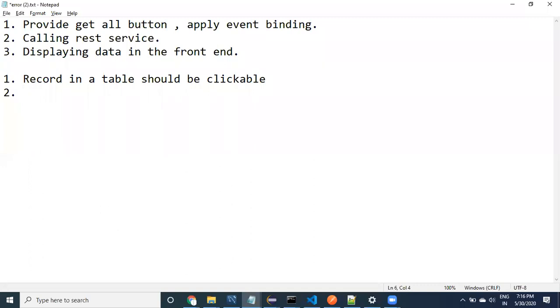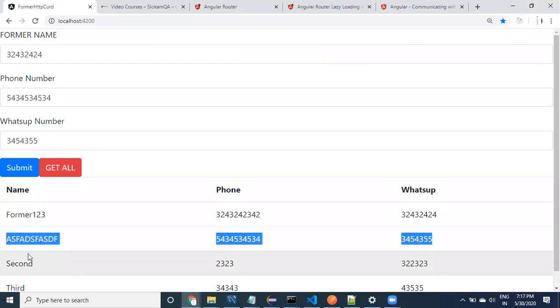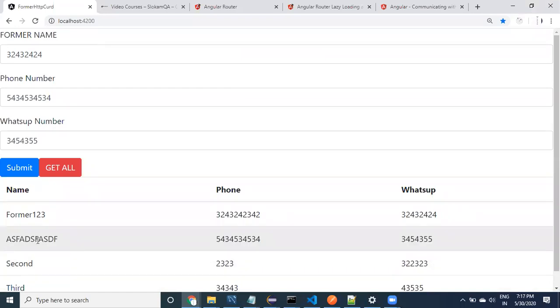Next one. Once we are able to click it, what we need to do is call the REST service to get fresh data. I don't want the data available in the table. I don't want to take this table data. Why? Because if the user clicks on this, then I have to go to the REST service again. Why? Because I need fresh data. Meanwhile, if anybody modified that particular data, I need fresh data. So I don't want this kind of old data.